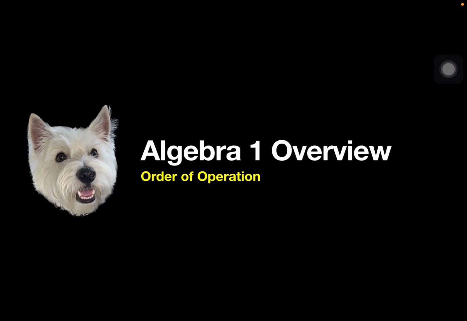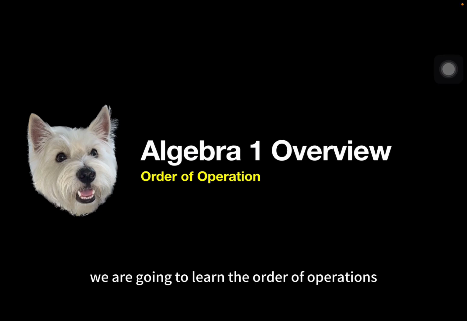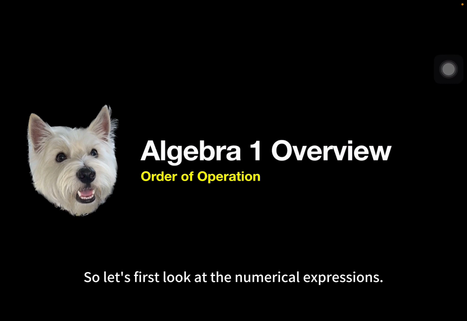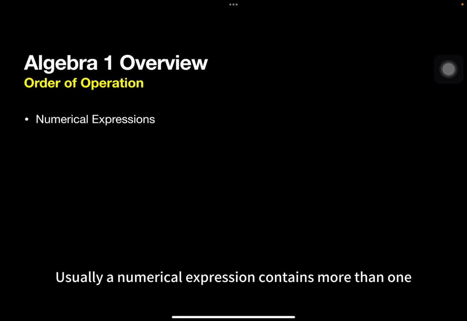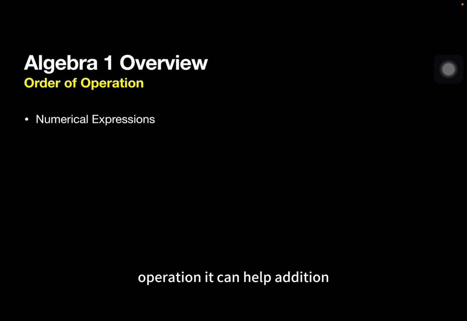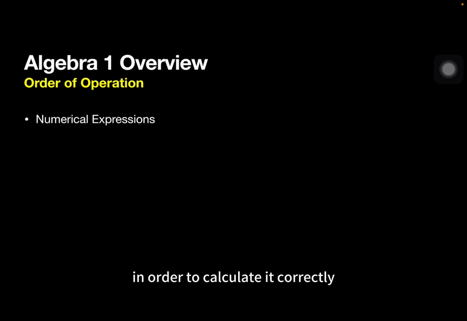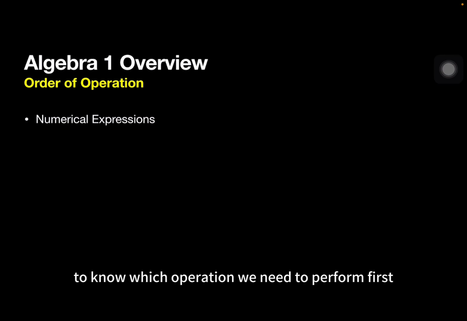In this video, we are going to learn the order of operations when we evaluate a numerical or algebraic expression. So let's first look at the numerical expressions. Usually, a numerical expression contains more than one operation. It can have addition, subtraction, multiplication at the same time. So it is very important to figure out which operation we have to do first in order to calculate it correctly. So order of operations allows us to know which operation we need to perform first, and I will